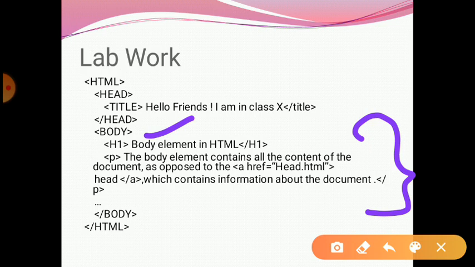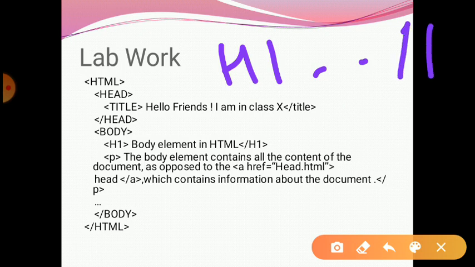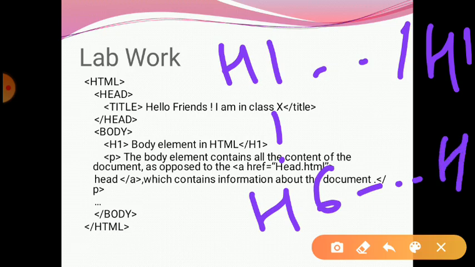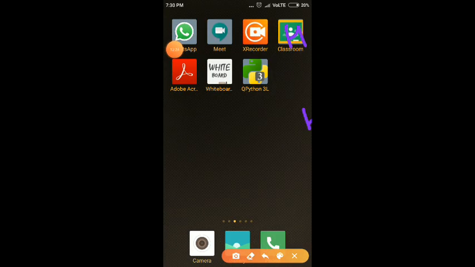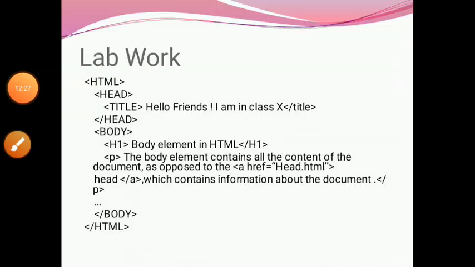Okay, first I am using the heading tag, H1 tag. H1 tag is used to create the heading of any web page. Basically, just like in our textbooks, the chapter name is shown in very big letters. The same thing in web pages we do with the help of heading tags. In HTML, heading tags are basically 6 types: H1, closing H1, H2, up to H6, closing H6. Okay, so it is lab work.